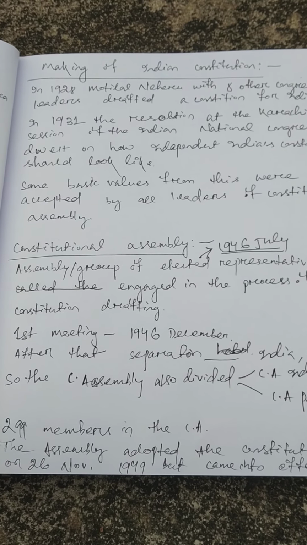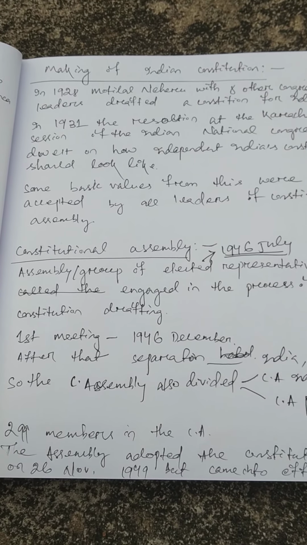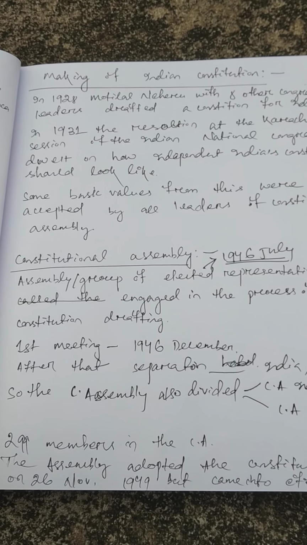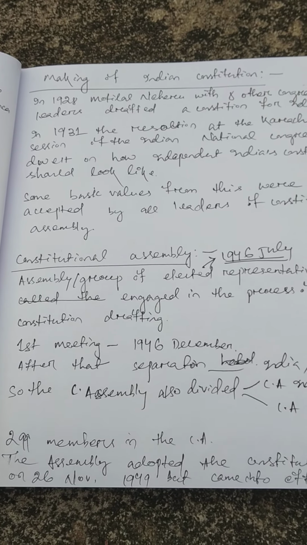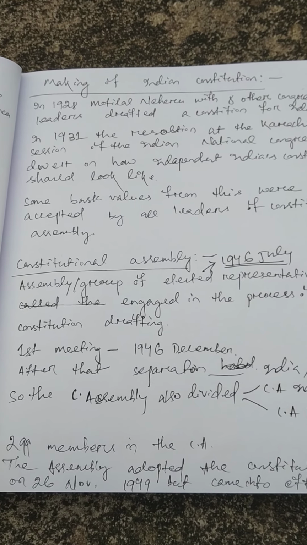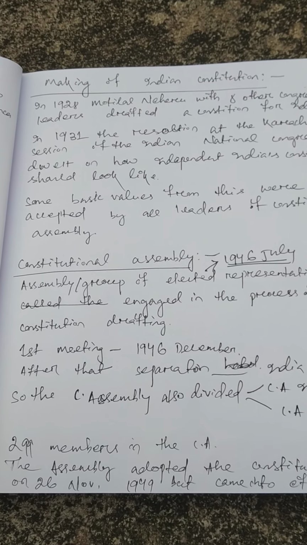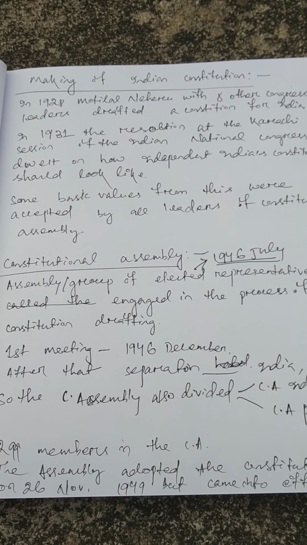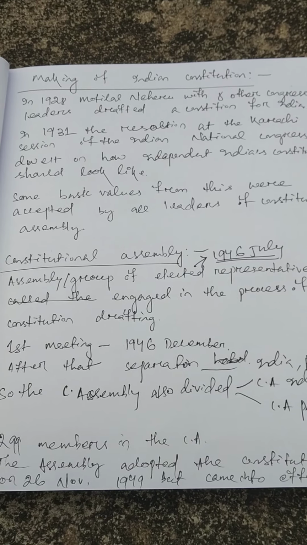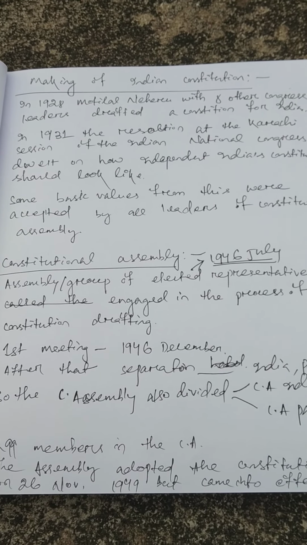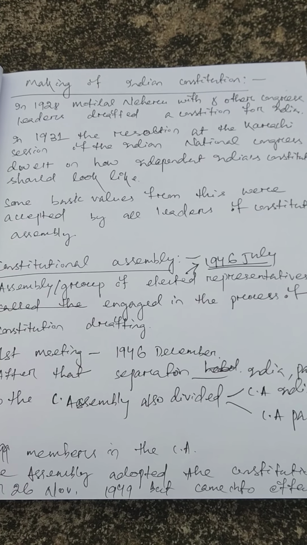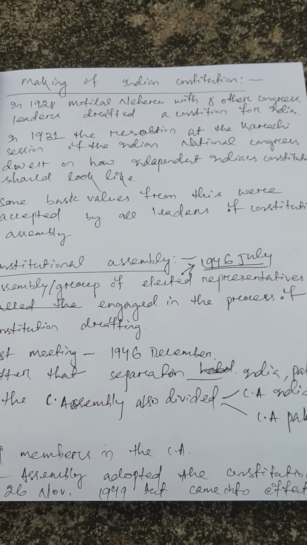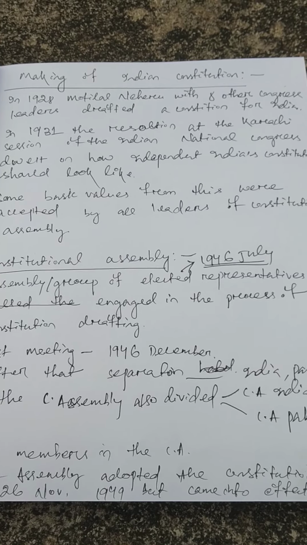For such a huge, diverse country like India, making a constitution was not easy. In India, there are many types of people from different categories and different classes, so a single constitution which can fulfill the aims and aspirations of all types of people was not easy. The country was separated on the basis of religious differences at that time. When India became independent,